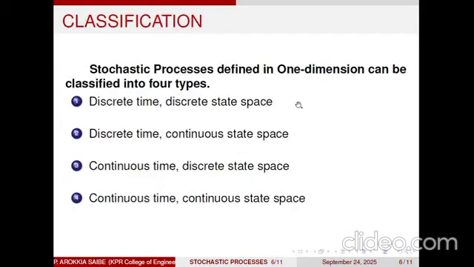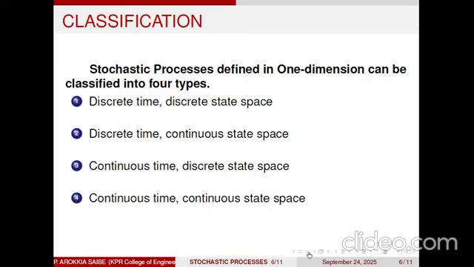Now let us have the classification of stochastic processes in one dimension. These types are considered with respect to the time as well as the state space. So based on the time and state space, here are the four types: discrete time, discrete state space; discrete time, continuous state space; continuous time, discrete state space; and continuous time, continuous state space. Now let us have an example for these